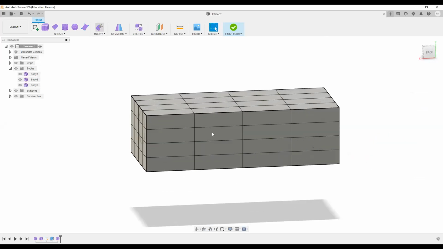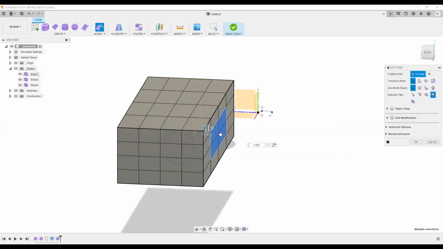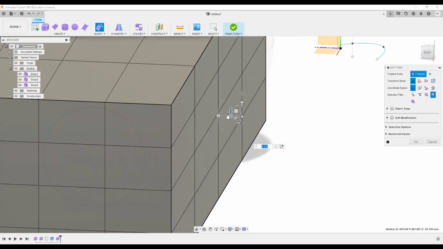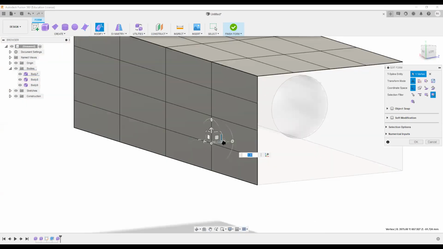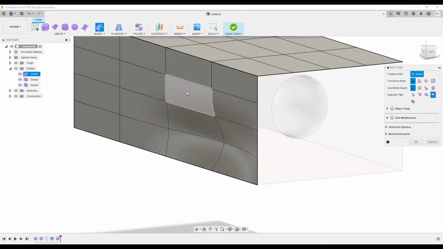So I can give a curvature like this. Sorry, select one face.